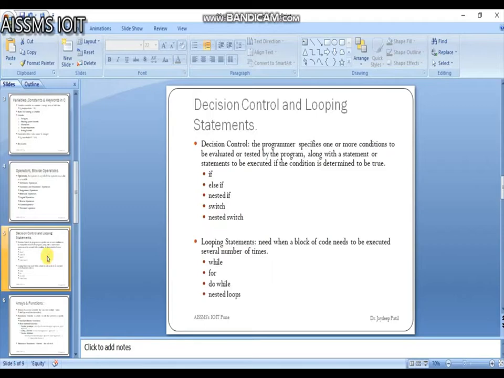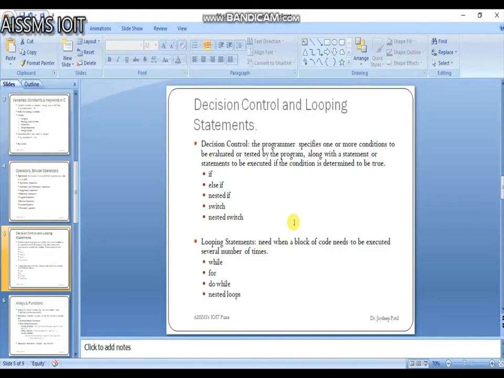Next slide is decision control and looping statements. For decision control, the programmer specifies one or more conditions to be evaluated or tested by a program, along with the statements to be executed if the condition is determined to be true or not. So if the condition is true, then it performs the code within the curly brackets.